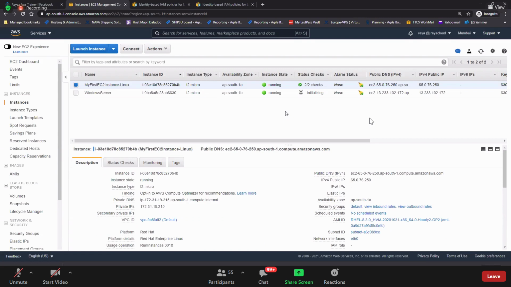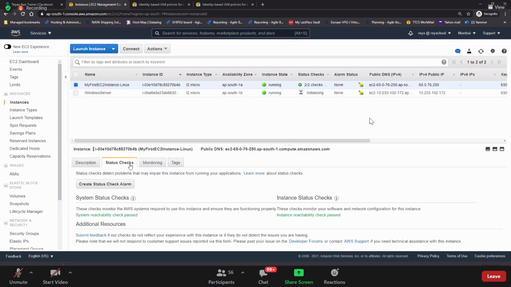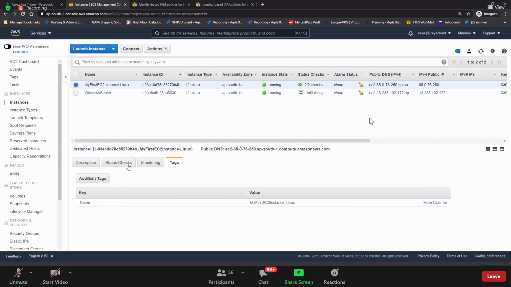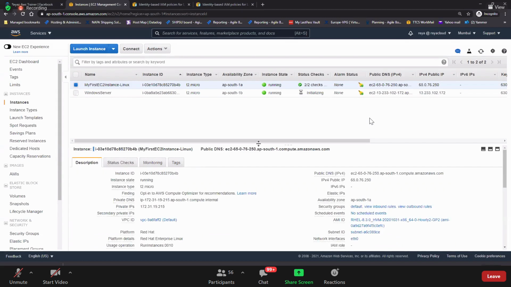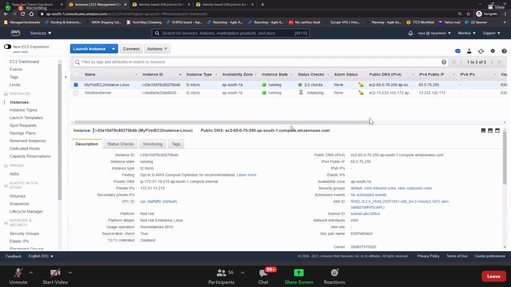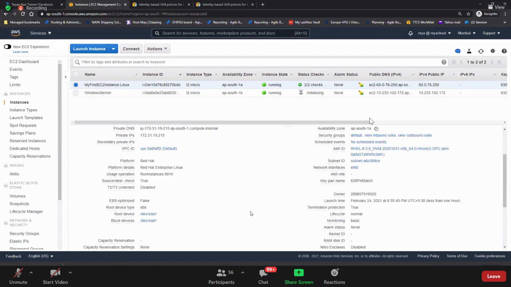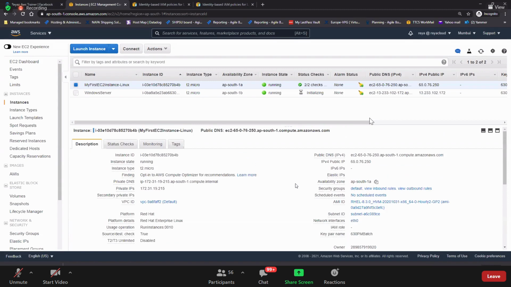Using the description section. Do you see that in the bottom you have description, status check, monitoring, tags? Instance ID, state, all the details about the EC2 instance, you will get in the description section.